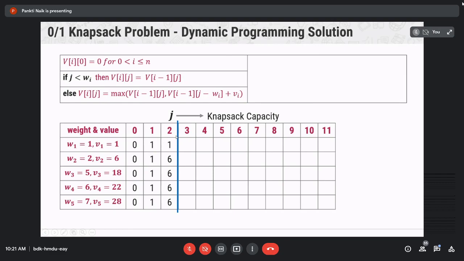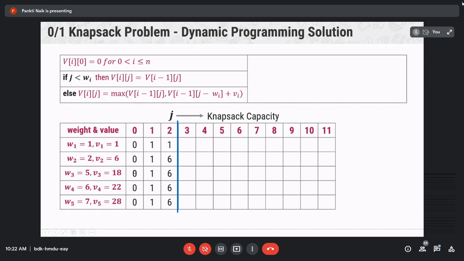To fill the table, if your knapsack capacity is less than the weight of the current item, then the value of that table cell is equal to the previous row and current column value.